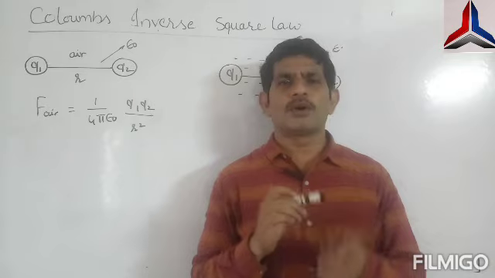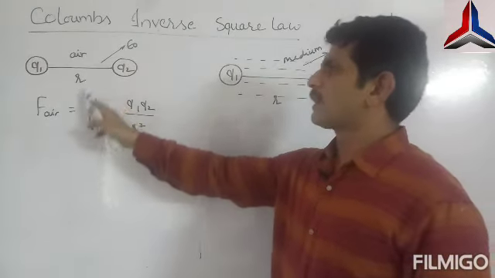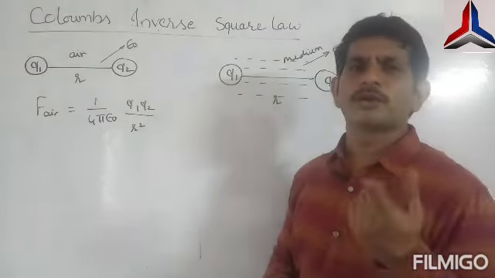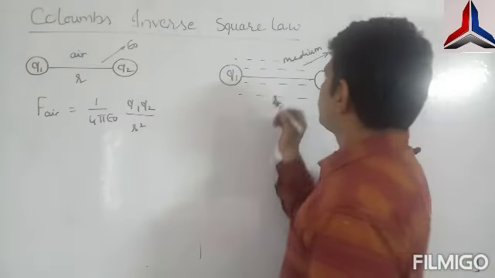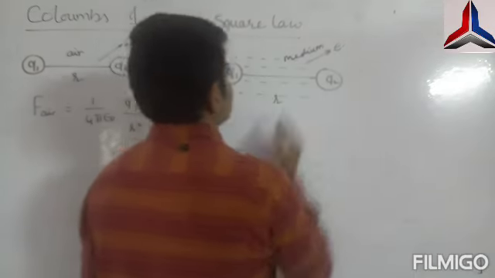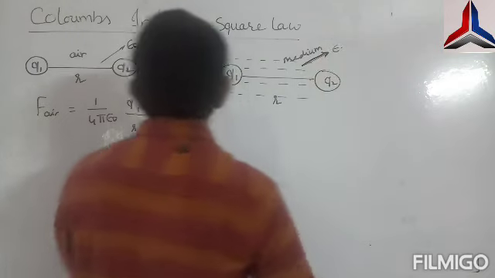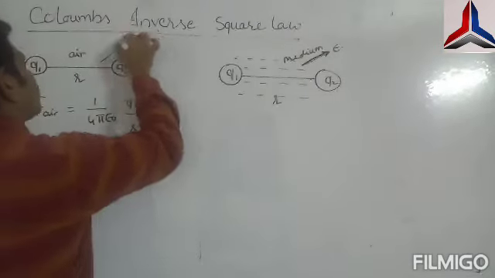So in that case we want to compare. What formula do we have to take? Suppose two charges are separated in air: F = 1 by 4 pi epsilon naught Q1 Q2 by R square. And if the gap between these two charges is completely filled with a medium whose permittivity is epsilon, what is meant by epsilon naught and what is meant by epsilon?